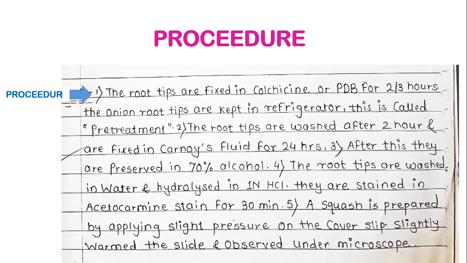cut the tip portion and discard the other part of the root tip. The other part of the root should be kept back into water. Now, why to do this? In case you cut wrongly, तुम्ही टिप पोर्शन टाकून दिला आणि उरलेला रूट घेतला. So that don't discard it completely. Only keep the tip portion on the slide. आणि बाकीचं जे उरलेलं रूट असेल, that you keep it back in the watch glass containing normal water.